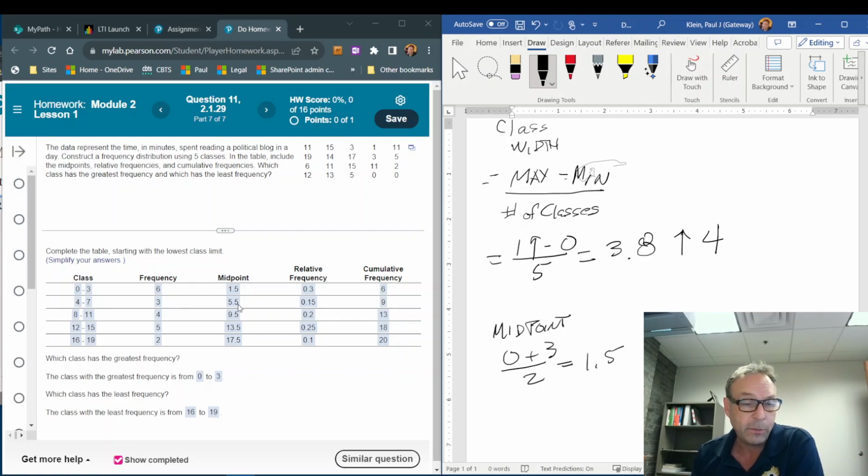But we also know that the midpoints of the classes are also spaced by 4. So once you get the first one here, you can add 4 and you'll get the rest of them, right? There's 1.5, there's 5.5, you add 4, 9.5, 13.5, and 17.5. All right, so we've got this column, and